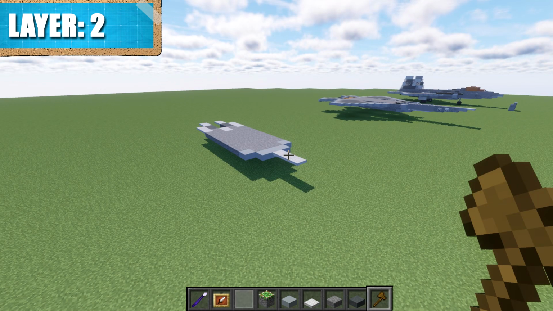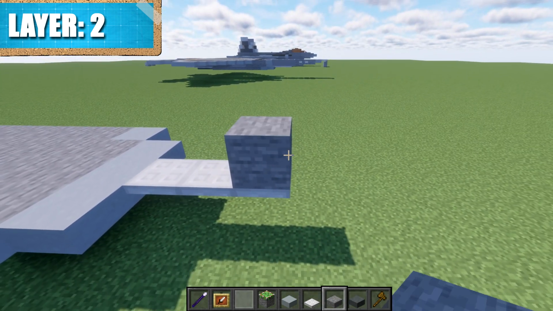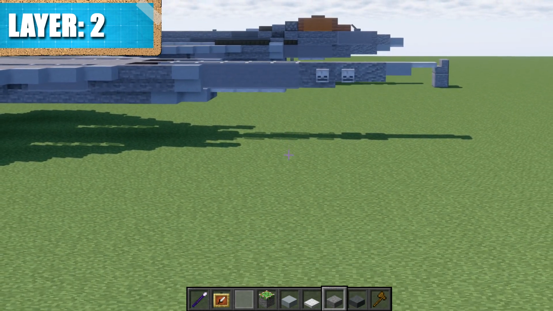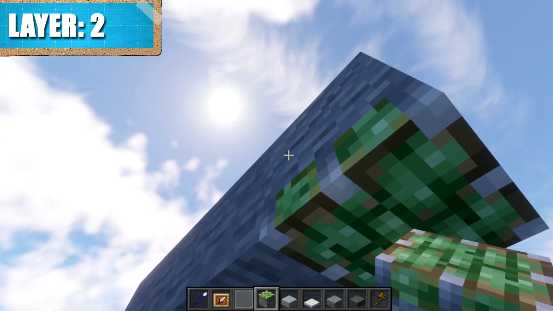Moving into our next layer, we will be going ahead and moving into layer number 2. For layer 2 to start with, we're going to first start off by placing down a stone full block on top of this iron trapdoor right here. We're going to then place down an additional 2 stone blocks going forward from it, so 1 and 2 like this. We're going to then place down 2 upside down pistons,